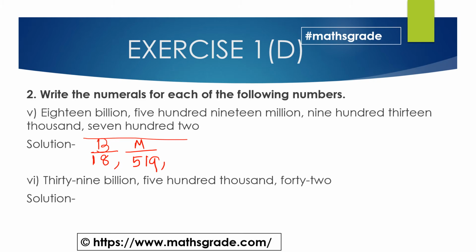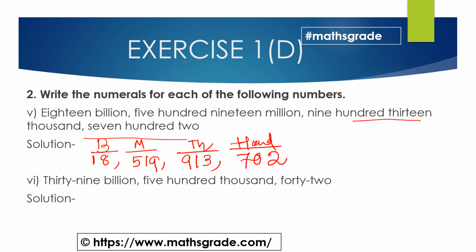with 3 digits. Within 3 digits, we have to place the comma. Here in the million place is 519. Here 5 is in the 100 millions, 1 is 10 million and 9 is 1 million. So 519 million, then comma, then 913,000. This is the thousand place: 900,000, 1 ten-thousand and 3 thousand. So 913,000 and 702. This is the hundreds place, 702.